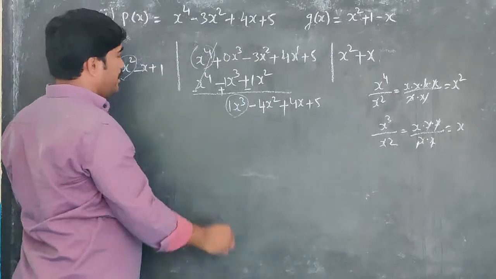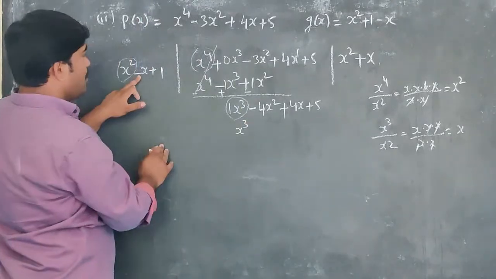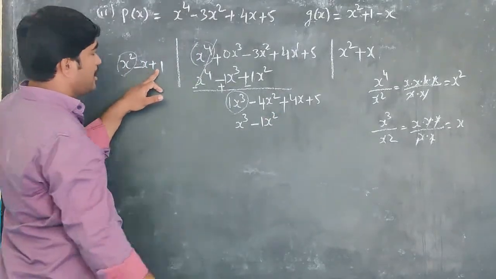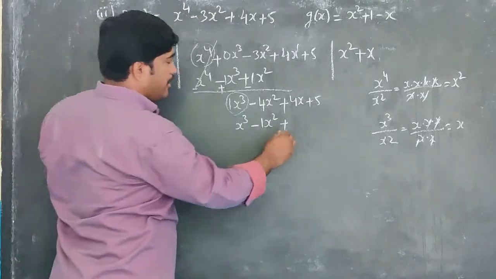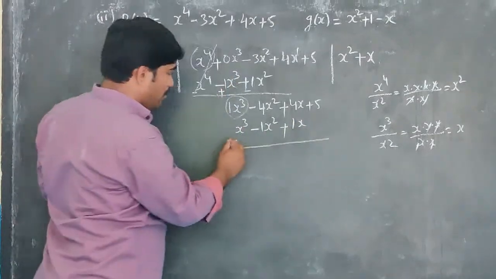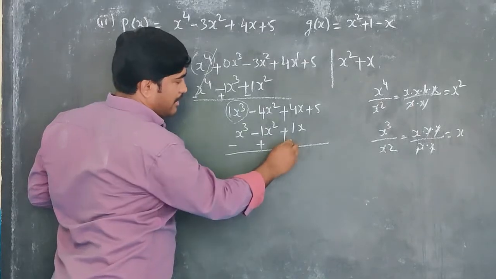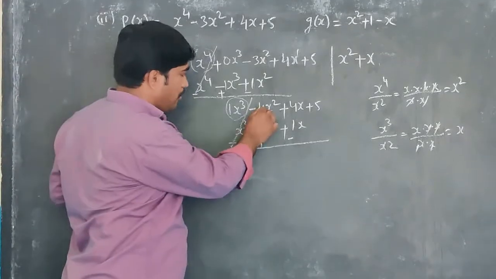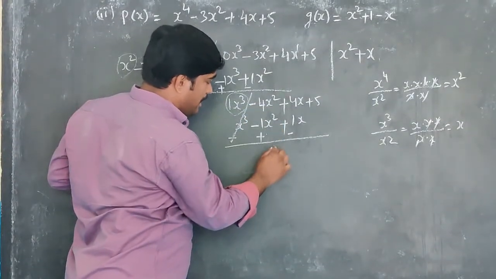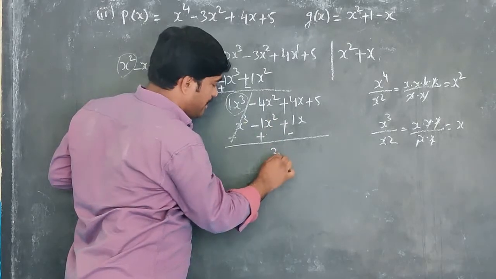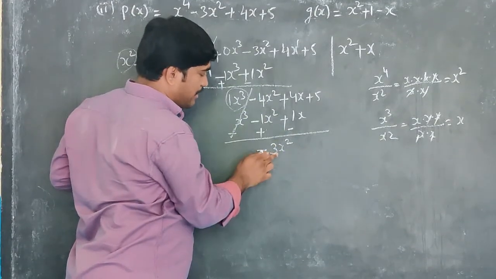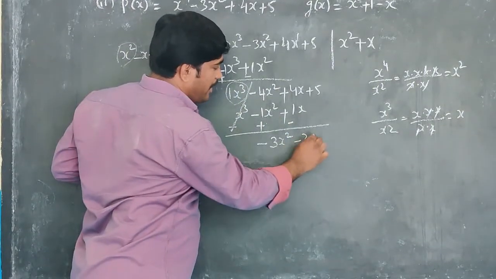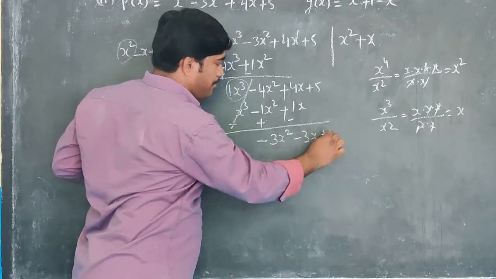Plus x. I will take now x square into x cube, minus into plus, minus x into x square, nothing is there, I take as 1. Now plus into plus, 1 into x, 1x. Now minus, plus, again minus. Now plus x cube minus x cube get cancelled. Now both 1 is plus, 4 plus 1, nothing but minus 4 plus 1 is nothing but 3x square, 4 minus 1, 3. The sign is minus. Now 4 minus 1, 3, nothing but 3x plus 5.